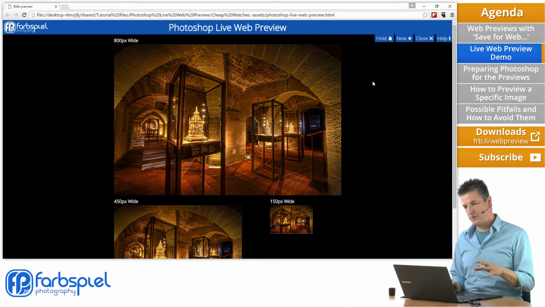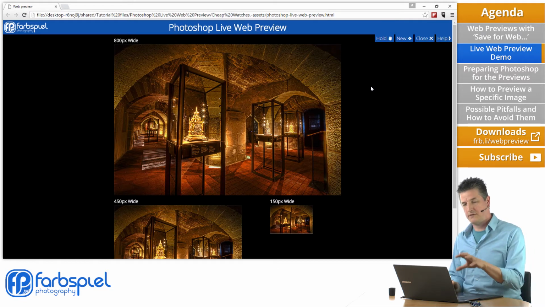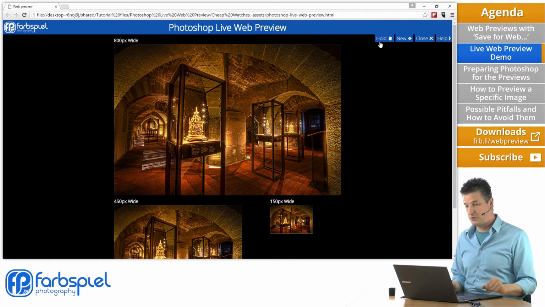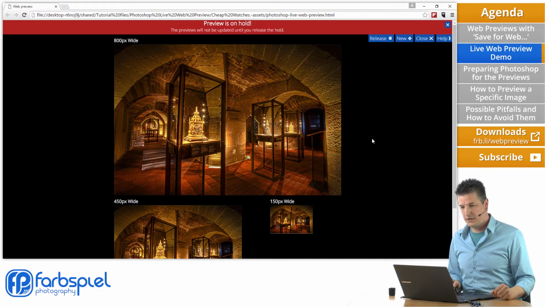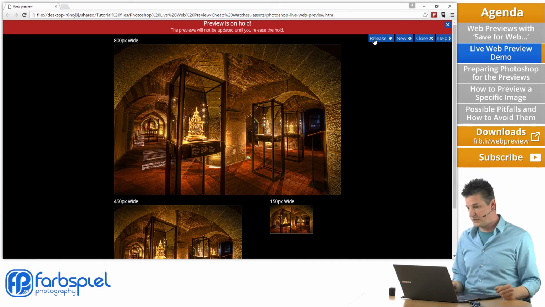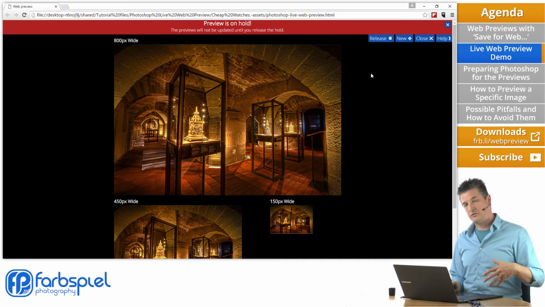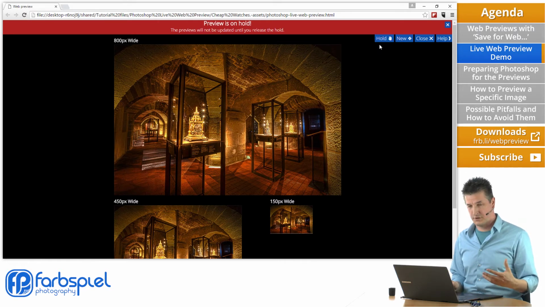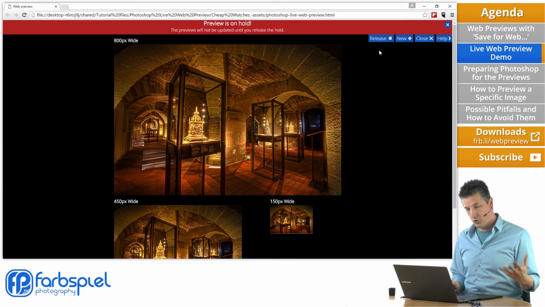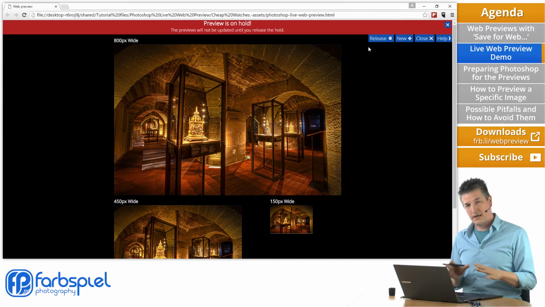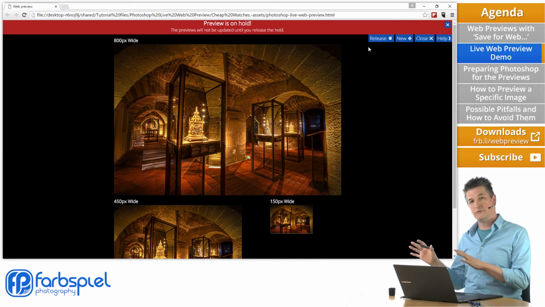To stop the app running in this very page from updating, you click the hold button, okay? And the app says review is on hold. The previews will not be updated until you release the hold. And the button turns into a release button. So the app will start looking for updated images once you click the release button. Then it will start looking for images again. But once you click the hold button, it will stop and not update those images, whatever you do in Photoshop,